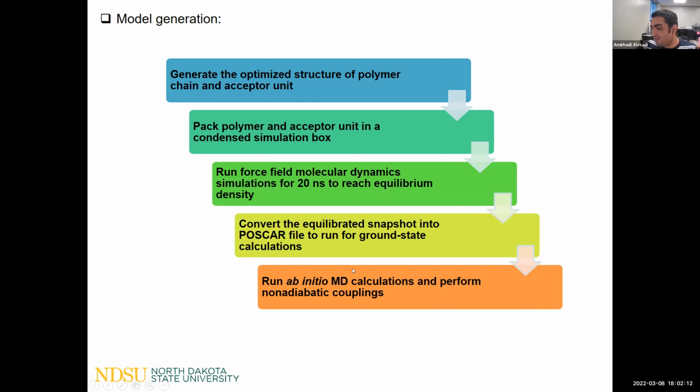And at the end, we need to run the ground state calculations and ab initio calculation based on those. So, Yulan, I think, asked about how we change the format to the POSCAR file. I had the output file of the equilibration. I had XYZ and type of the atoms. Then I wrote a code to convert it into the XYZ, and then in Python, convert XYZ into the